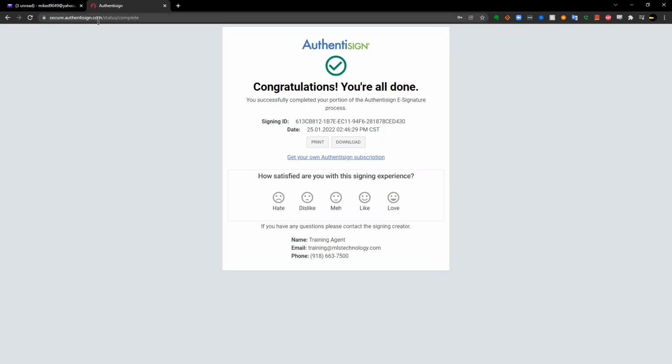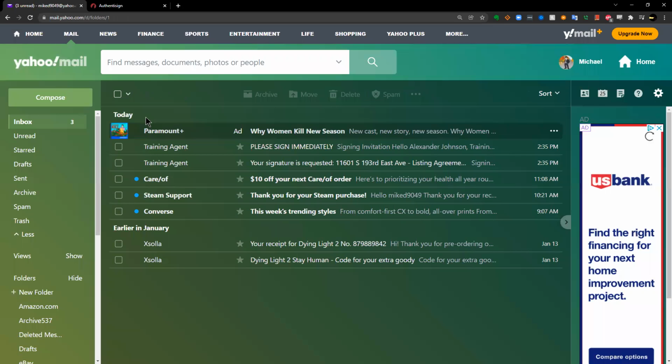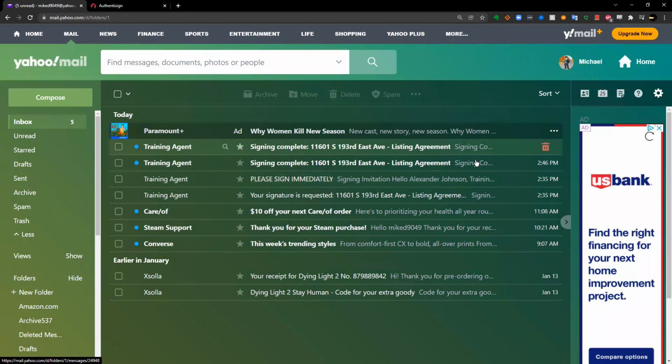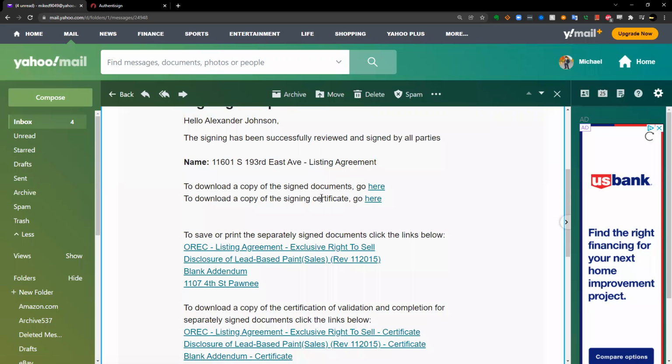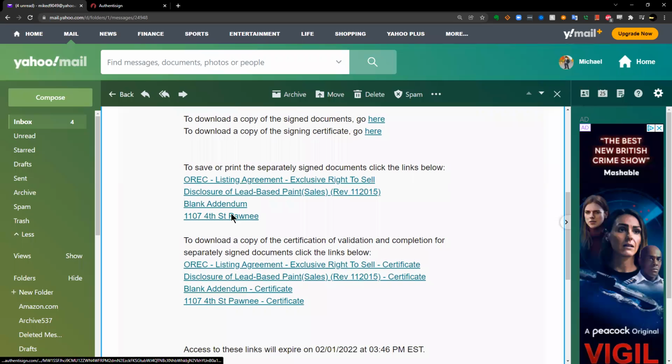So let's go back now to our inbox. And in a minute here, this is actually going to show an individual email. Oh, actually, right now, I guess it's going to show an individual email to both Andrea and to Alexander. If they were at separate email addresses, this would make more sense, but they both got the same copy. They click on this and they can get all of the signed documents, the signed certificate documents, each of the individual forms, as well as the certificates for each form, again, in case any lenders or banks or whatever decide that they don't like the signing process that was set up. So let's close out of this.